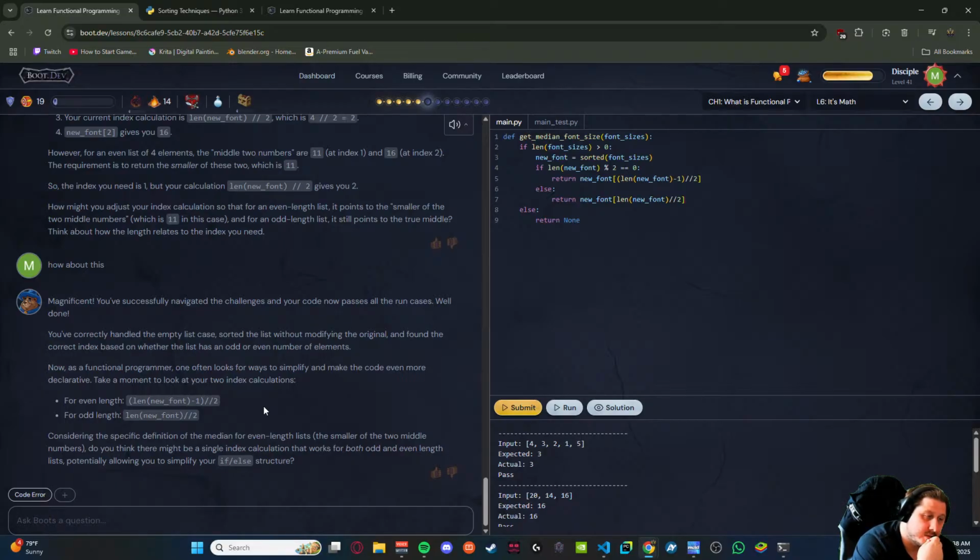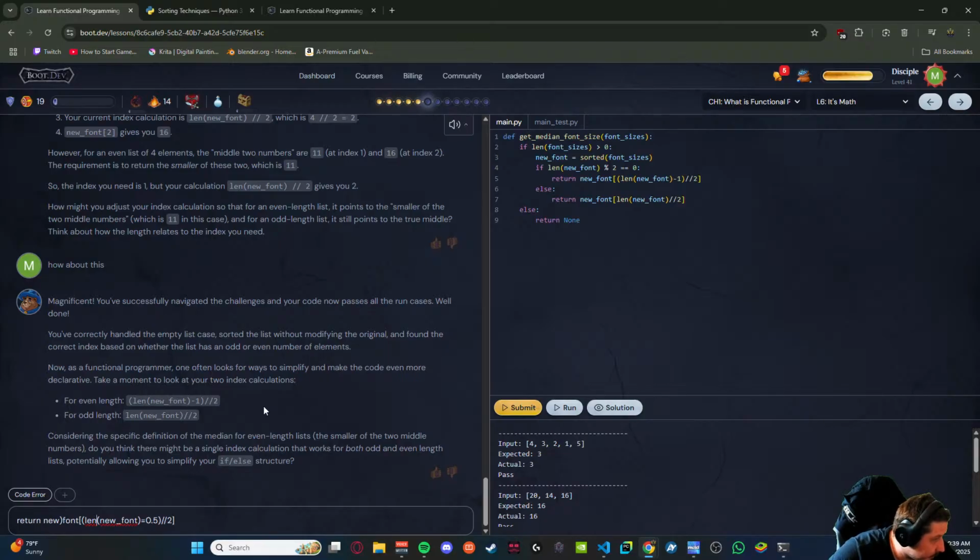There might be a single index calculation that works for both odd and even length lists. Return new font len new font minus 0.5.